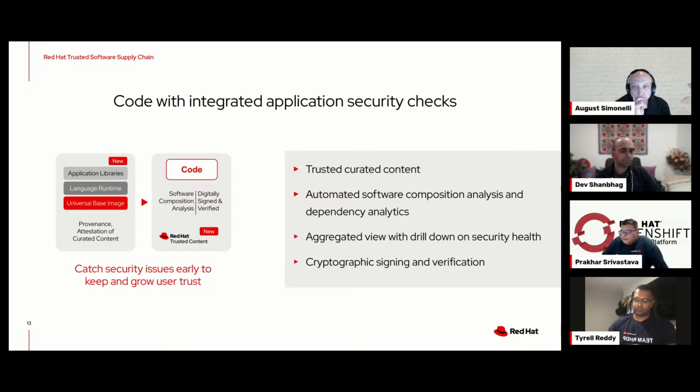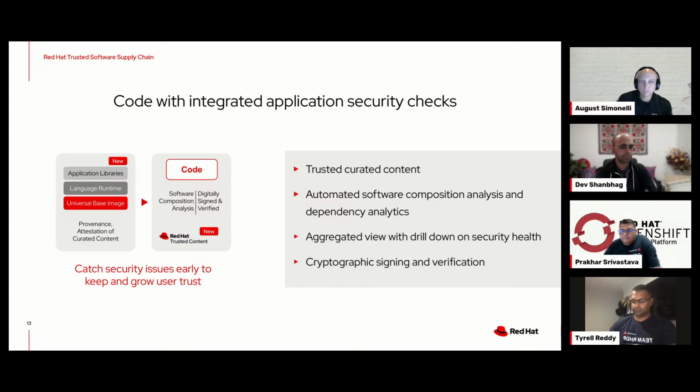Now, catching dependencies and vulnerabilities early: code integration with application security. One aspect of our approach is focusing on transitive dependencies. These are indirect dependencies in the software, and they can be potential security gaps, depending on which libraries and dependencies we are using. Imagine as a developer, when you're writing code in your IDE, you get immediate feedback: the library you used has this particular vulnerability. You can immediately say, I don't have to use this library. Let me get a library which doesn't have this vulnerability. That's what we want for you.